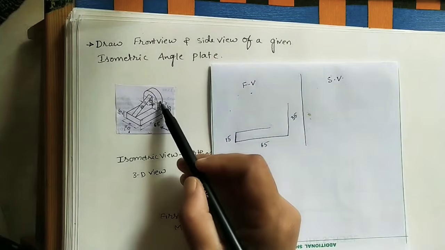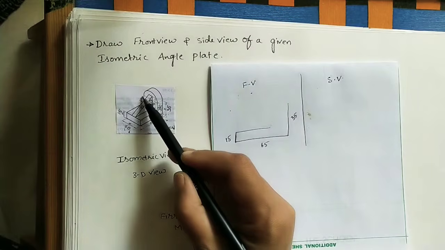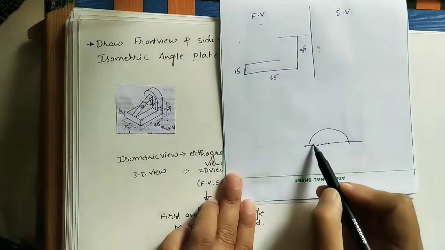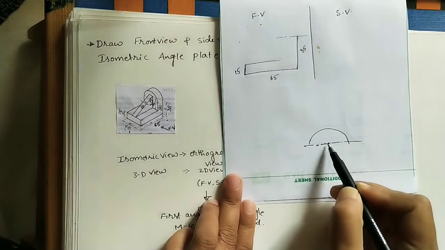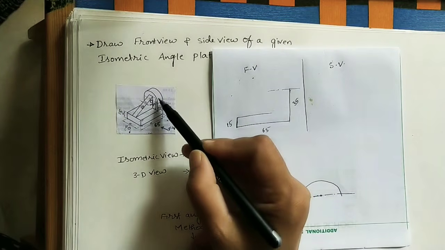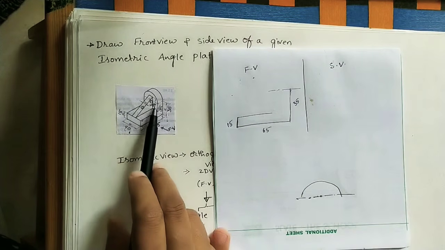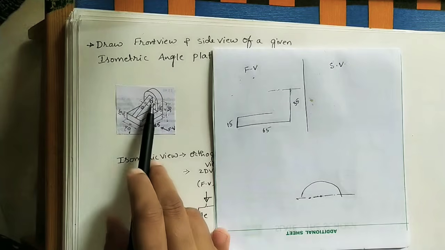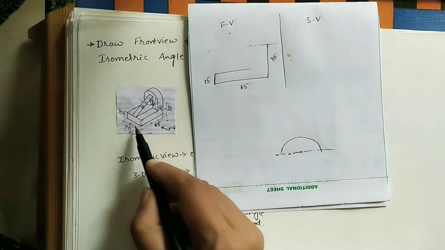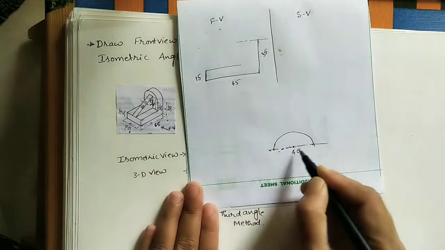After that, here one semicircle is there. This semicircle's axis line has been given. I will draw one axis line like this. Axis line means the center of the semicircle passes through this line. Now after that we can see the semicircular height. How much is the height of the semicircle? Here the semicircle width we know. What is the width, or diameter, of the semicircle? It is nothing but 40. So the width of the semicircle is this width, 40, which is the diameter of the semicircle.